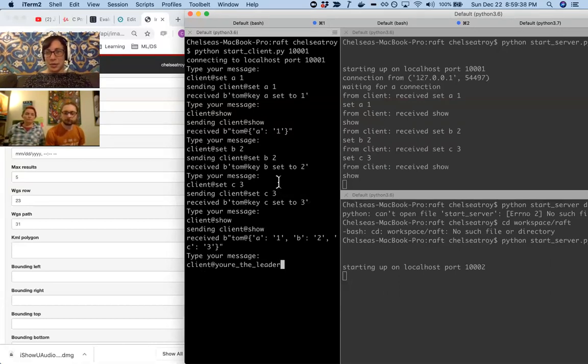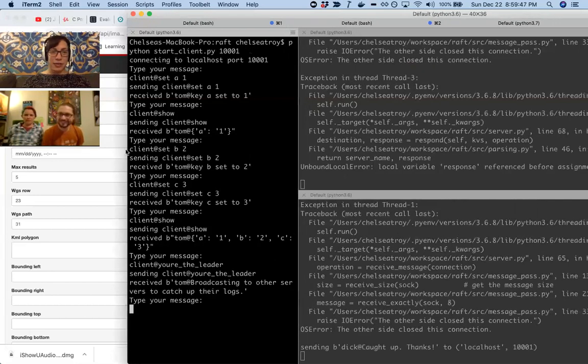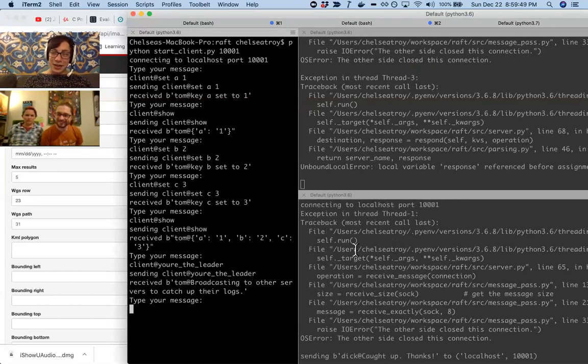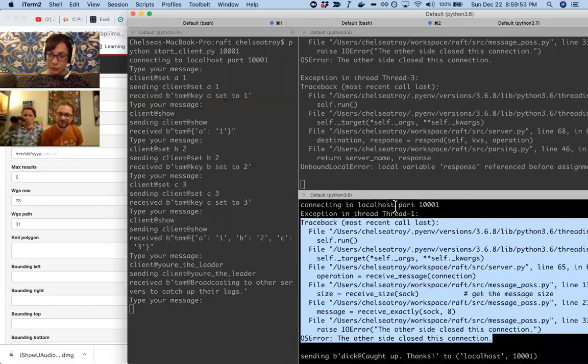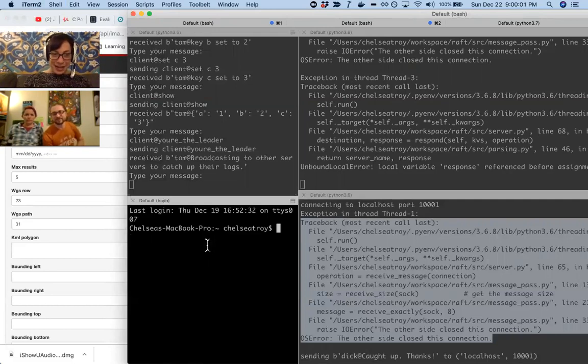All right. So when I hit this button, we'll see if everything works. So here's one thing that is definitely wrong, but I've just been living with, is that even when it works, I end up with this exception, which I can show you where that's happening in the code. But the point is that